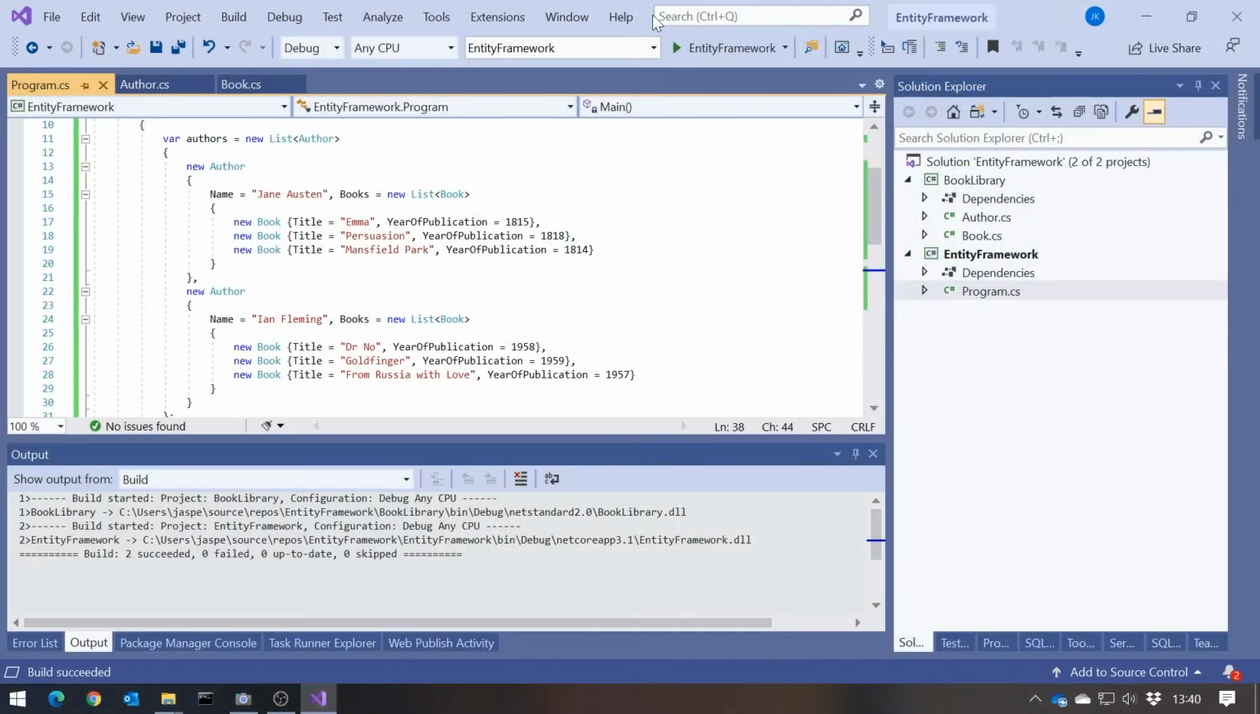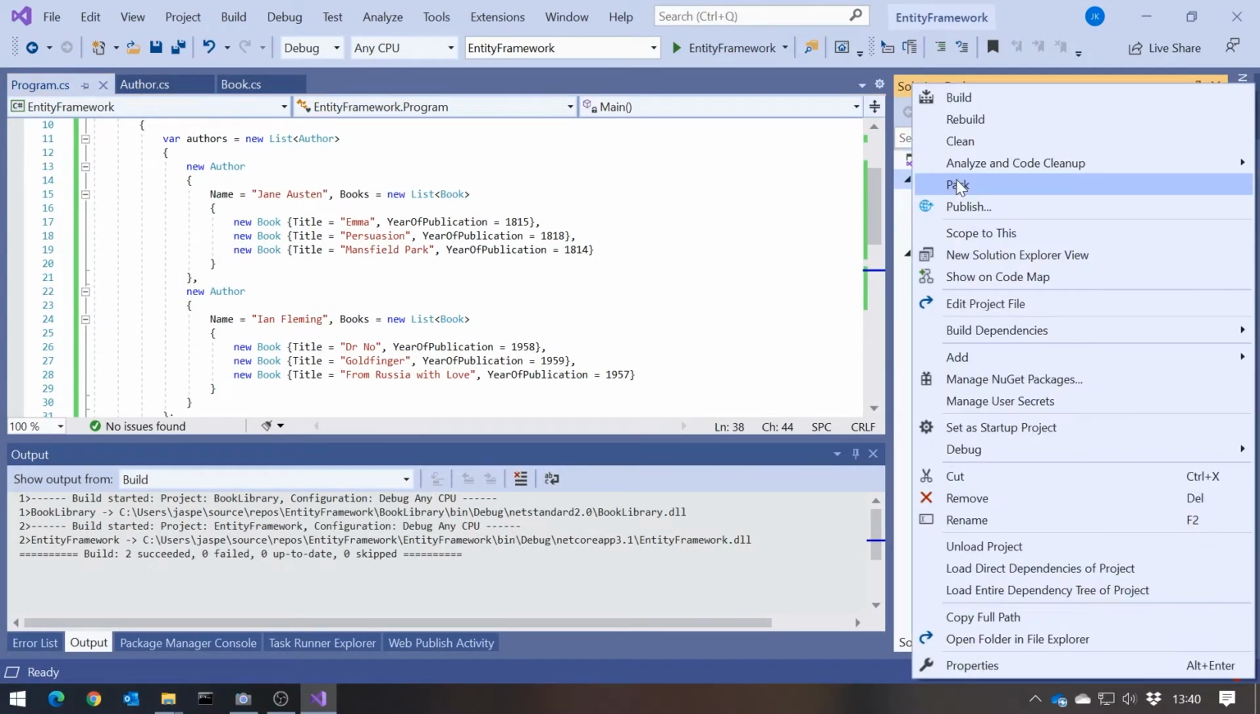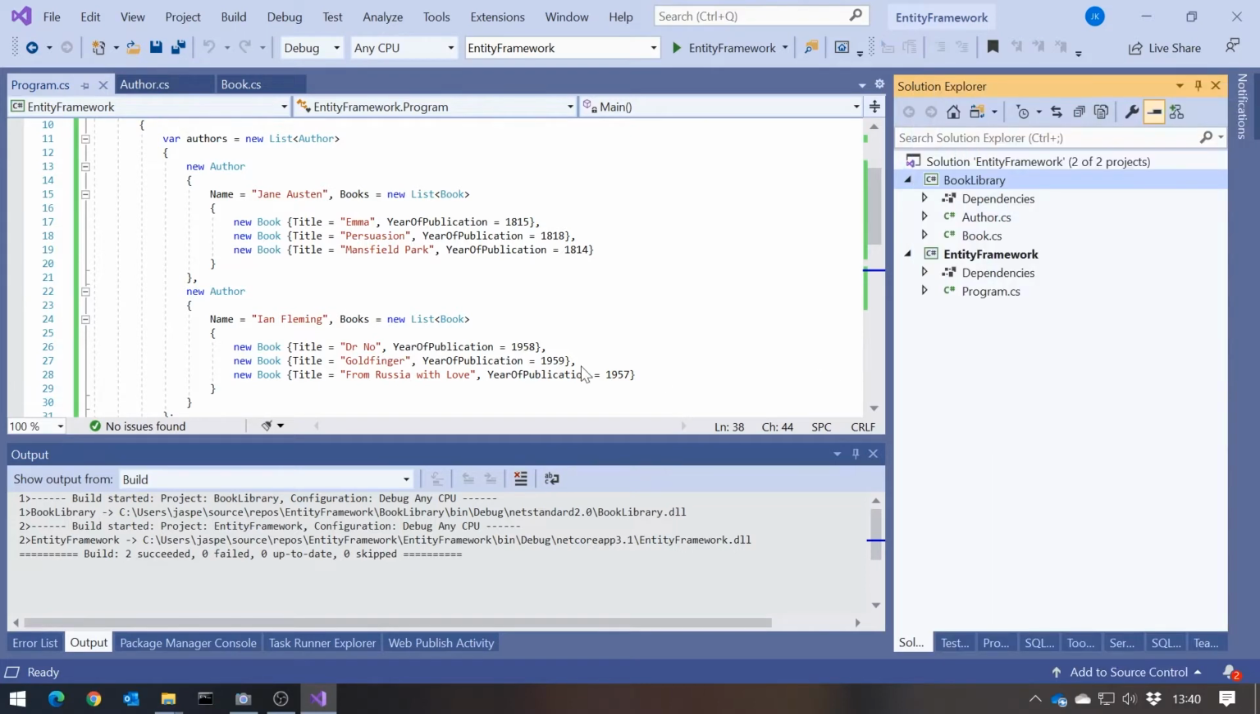So nothing to do with Entity Framework at that point, but we've simply put together the classes that are then going to be turned into tables in our database. So now we need to introduce Entity Framework, and I need to introduce a few NuGet packages that are going to make this work. So if we go in here, we can go to Manage NuGet Packages, and in our